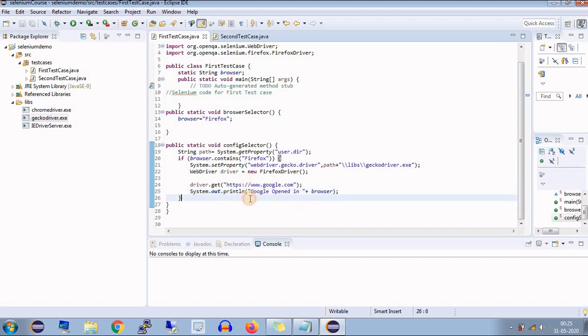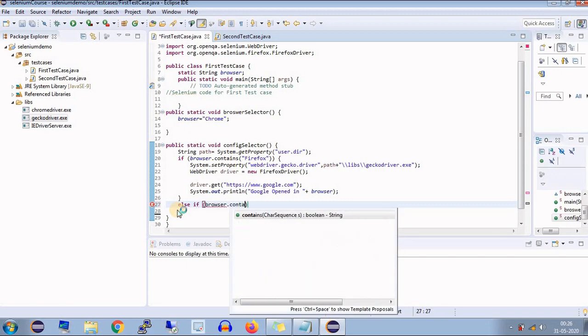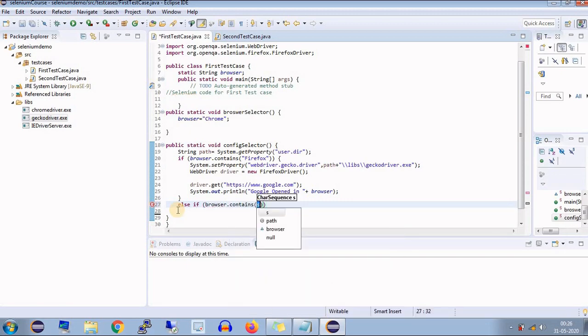Now suppose the browser value is Chrome, then we need to again compare this value in another statement. So else if browser dot contains in bracket Chrome, so in that case I need to call the Chrome driver path and I need to create the object for Chrome driver.